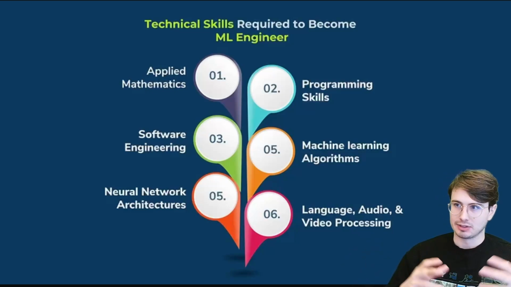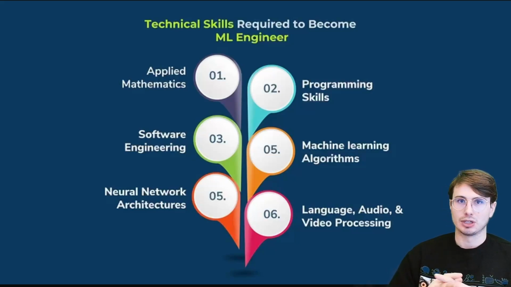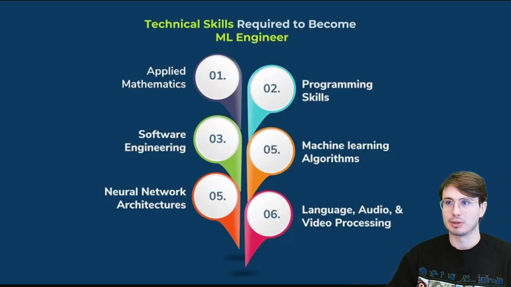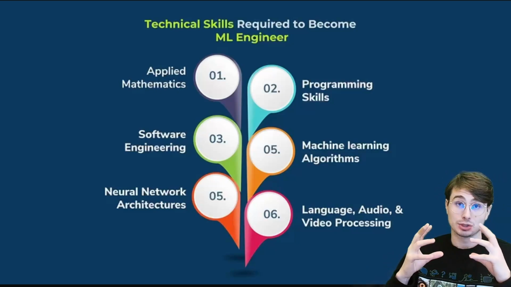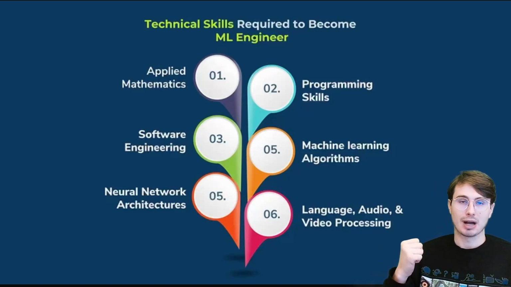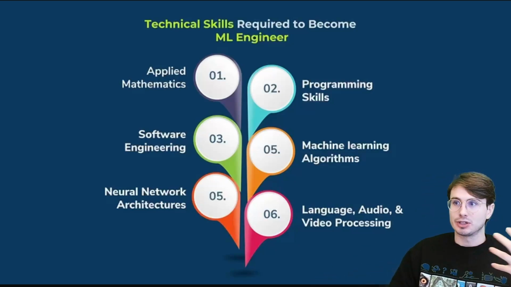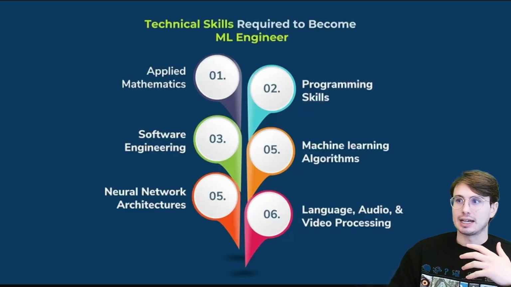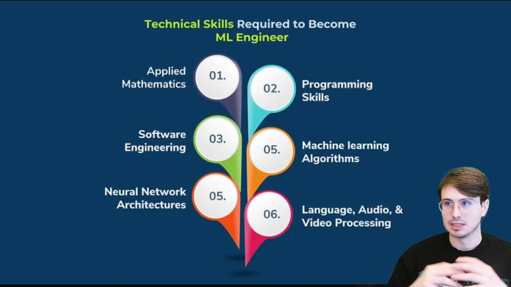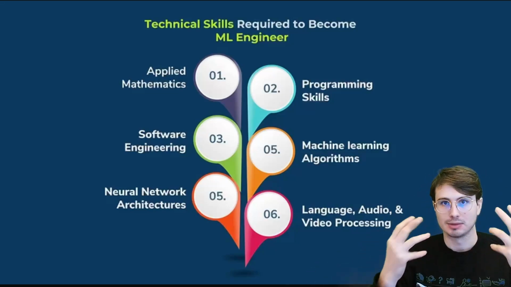You'll also need to have, obviously, a very solid understanding of machine learning and deep learning principles. So understanding of core machine learning algorithms like linear regression, decision trees, neural networks, and those kinds of principles. And this also means the ability to not only know these models, but understand where they're most applicable, knowing how to select the right model, how to tune things like hyperparameters, and evaluate model performance. And so familiarity with deep learning architectures is also important for tasks like image and speech recognition, natural language processing,